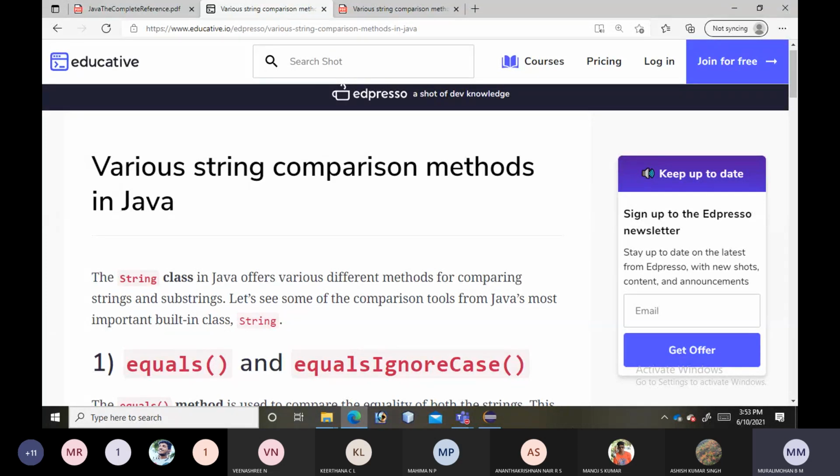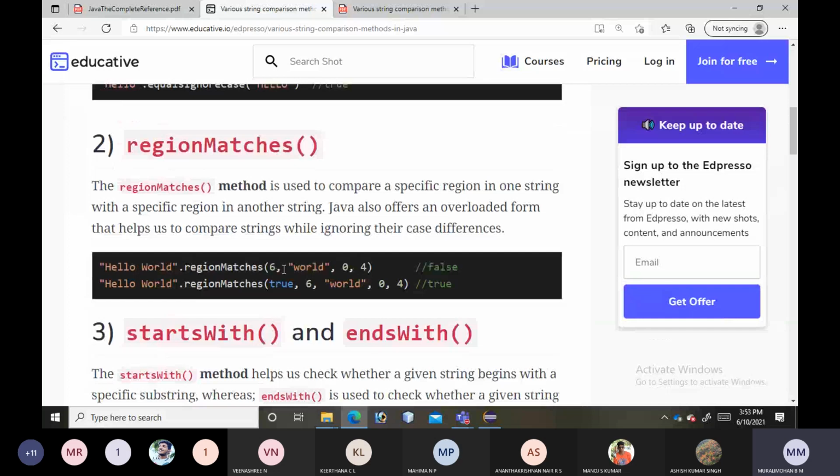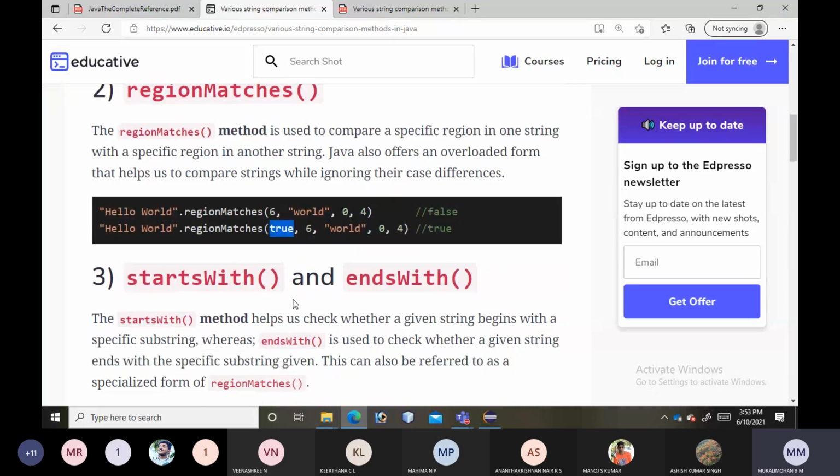First one, equals method. In that we can check equals and as well as equals ignore case also, right? Next one, region matches we are having. Again, in region match, we can also ignore the case of the characters by specifying the boolean value here. True means it will just ignore the case of the characters. False means it will not ignore the case of the characters.